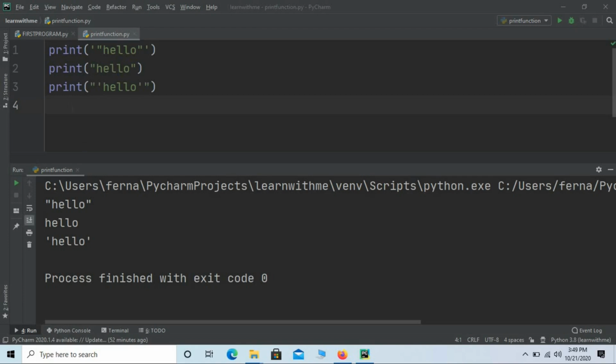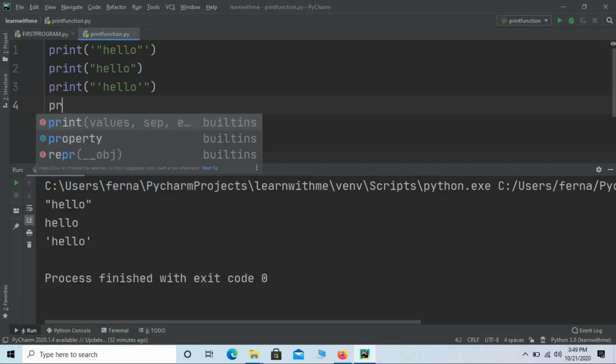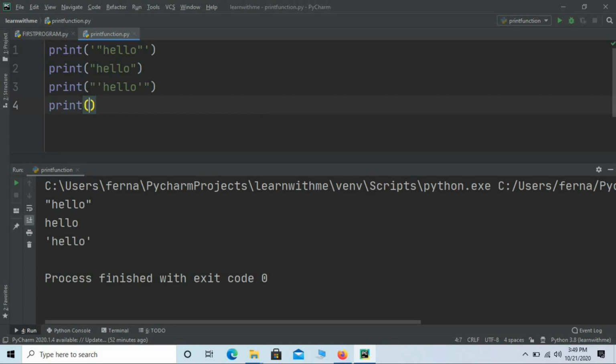There is one more method using which I can get the output within double quotes or within single quotes. That is, let me type print, opening and closing brackets. I will make use of the double quotes. I will type some message, say hi, and I will use the double quotes itself. But as you all know, if I use it this way, it is saying it is a syntax error. So what I will do is, I will just use a backslash here. Again, I will use a backslash here. Now if you observe, my error is gone.